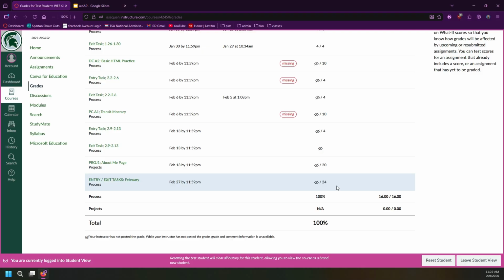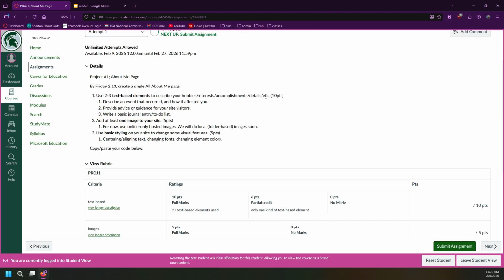But yeah, let's talk while we're in here about project number 1, this About Me page. And you can see there is a rubric as well as some very quick instructions on what you should include by Friday. Okay? You should have 2 to 3 text-based elements on your HTML page that describe your hobbies, your interests, your accomplishments, details about yourself, or anything else you feel like you should include in an About Me poster,